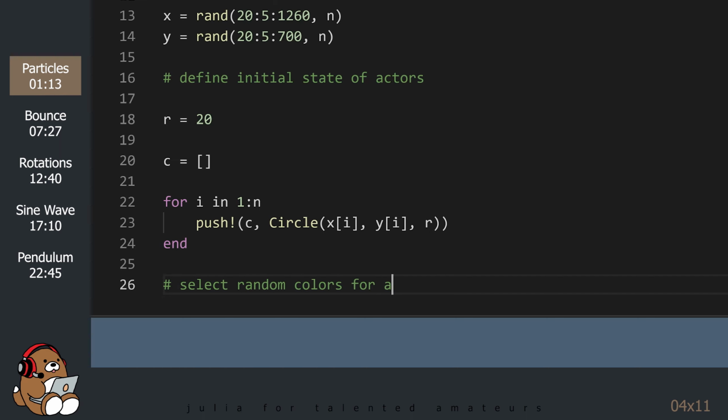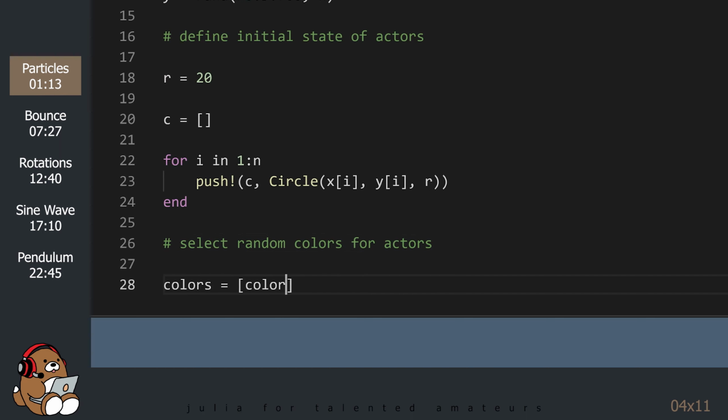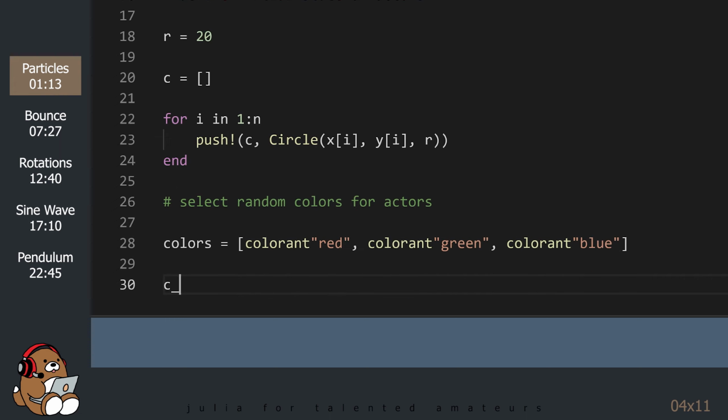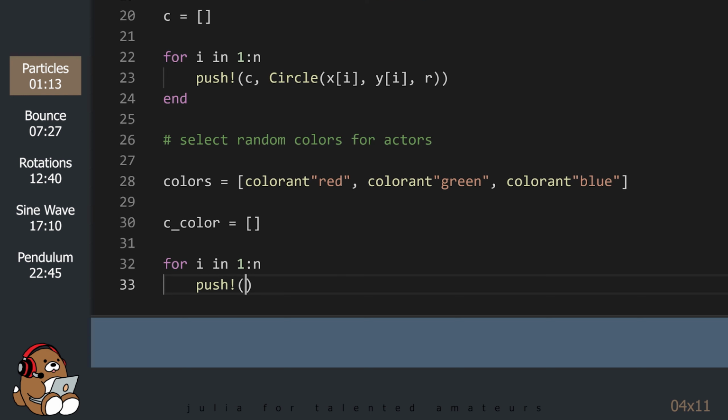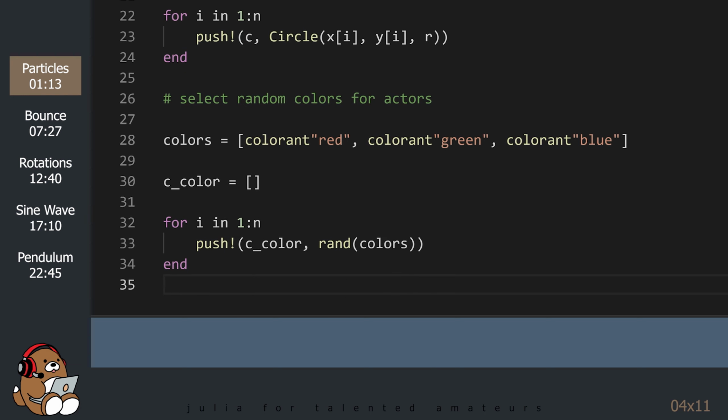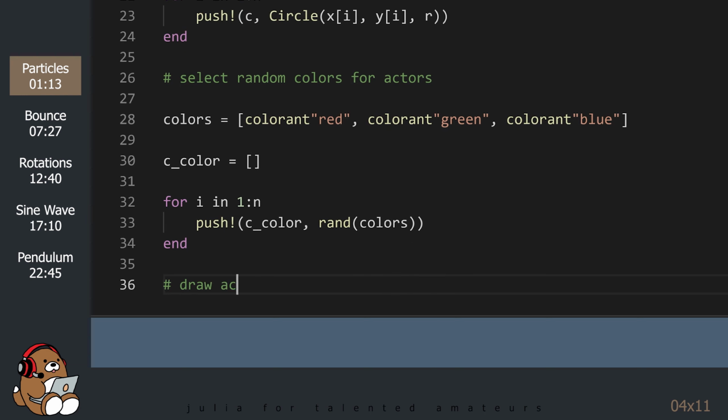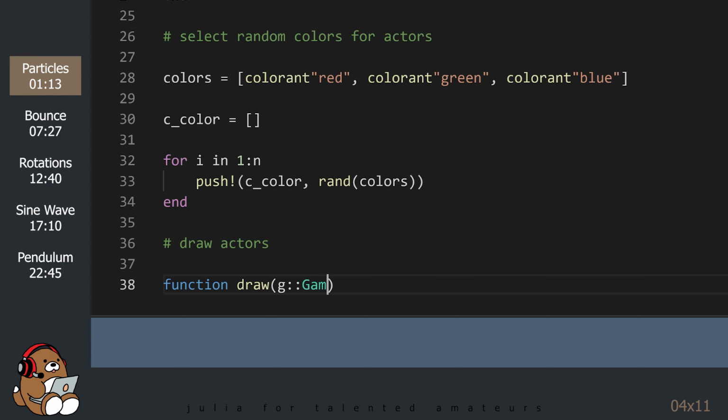And just for fun, we'll select a random color for our actor. Next, we need to tell Game Zero to draw our actor.